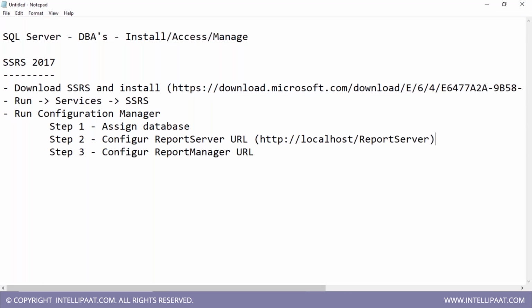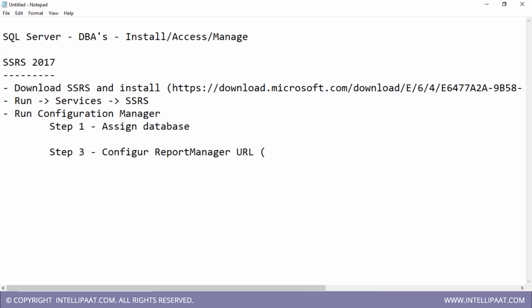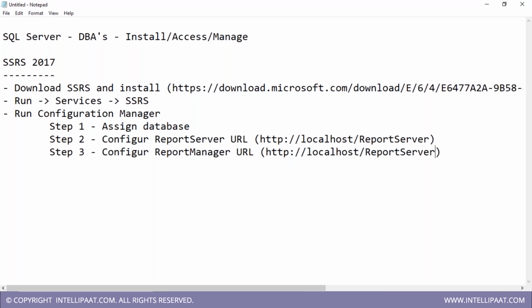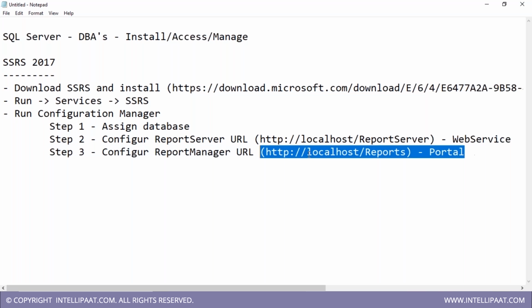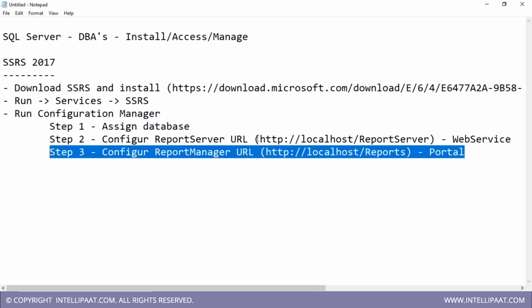So this is the report server URL. The report manager URL is also the same, but it will not have that extra part, just reports. Just reports is your report manager. This is also called the portal. This is called the web service. So this one we will visit later. Report server